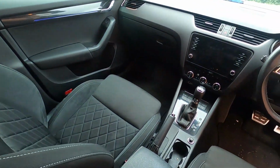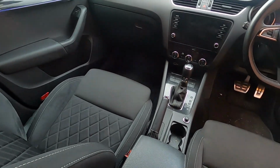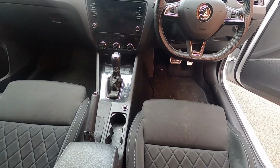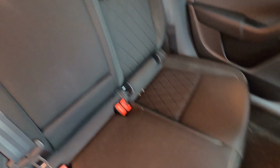So first job on this is to do the interior, get all these seats shampooed, get all the dash and door plastics cleaned, and then just get it looking like new again. Also getting the outside done, but obviously focusing on the interior first. So yeah, that's the interior on this one. Get all these seats shampooed, get all the stains out, do some fancy stripes in the carpets, and do the outside. So to show you the outside,